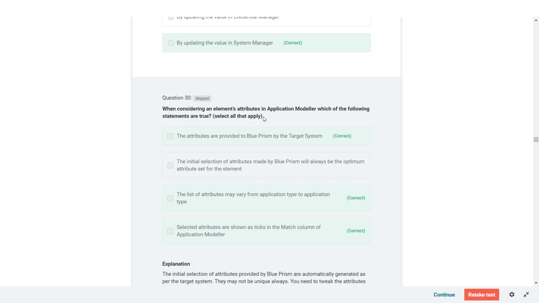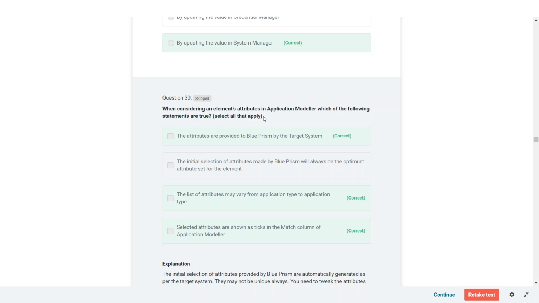This is not the correct answer because according to the requirements we will change the attributes. We need to be precise on the exact application, because if there are two applications open we have to see which application we have to work on. So according to that we will change the attributes. So the second one will not be the correct answer.